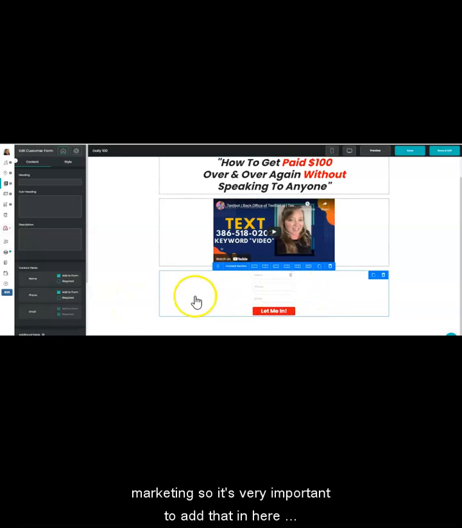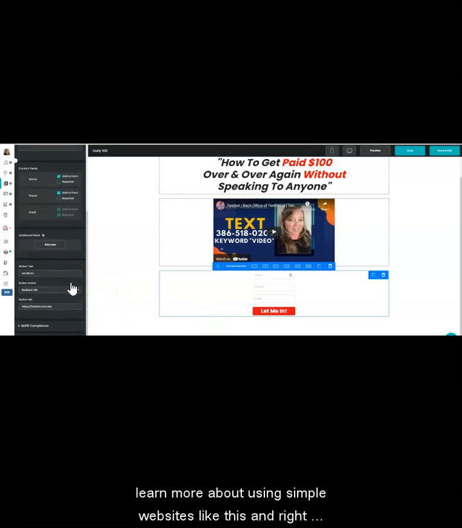So it's very important to add that in here. It also allows you to change and alter from the trainings I'm learning. I'll be changing this page to go to the next page. You also have to confirm before moving forward to learn more. So great way to learn more about using simple websites like this.